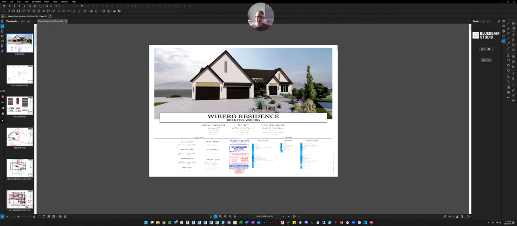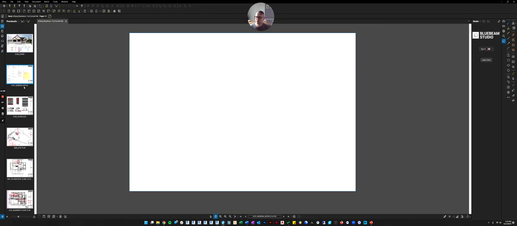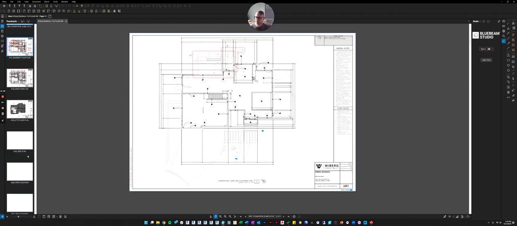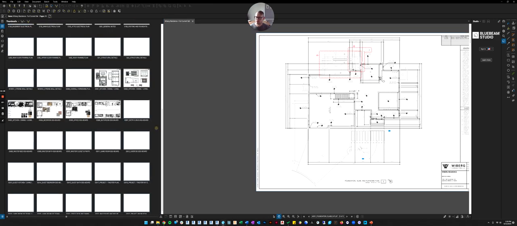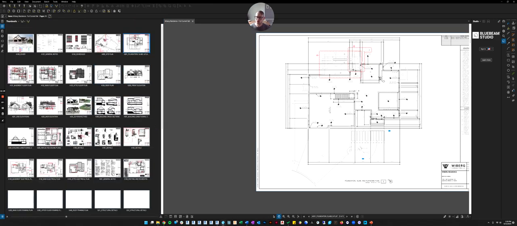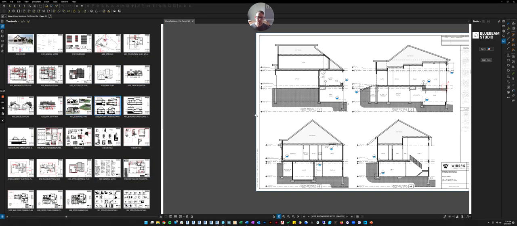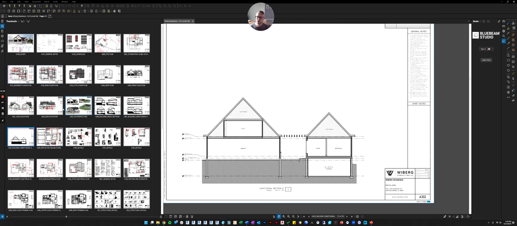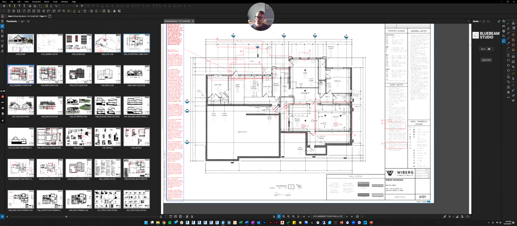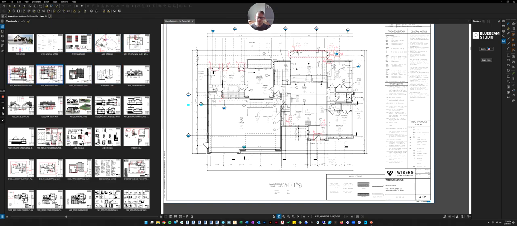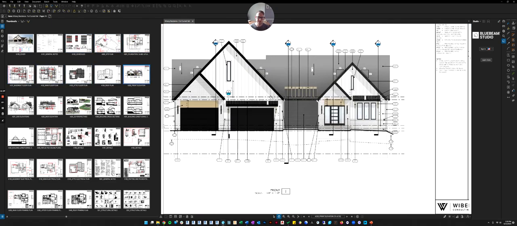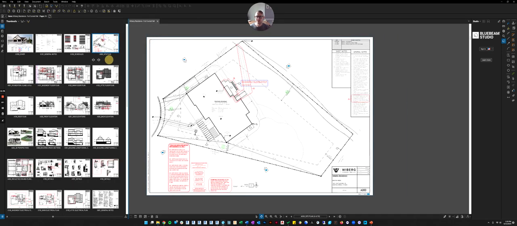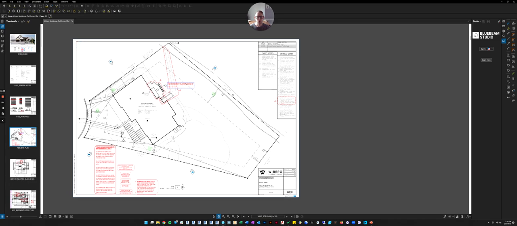Okay, so this is what I exported from Revit. And you can see I can click through all the different sheets of my set. So it combined all of my sheets into one PDF file, and there are many pages to the set of drawings. So I can see my floor plans. I can see my front elevations. I can see my site plan. All of that rests within that PDF export.